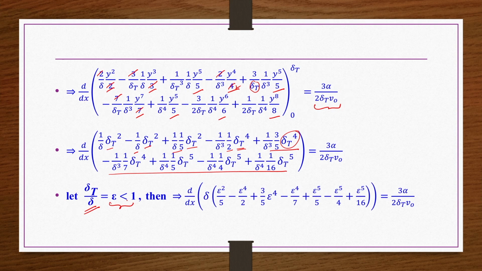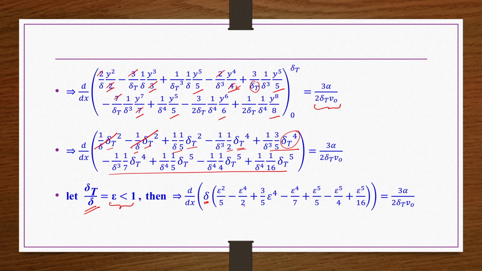to epsilon which is less than 1, that is for the Prandtl numbers are very large, high Prandtl number flows where the boundary layer thicknesses are thinner and especially the thermal boundary layer thickness is smaller compared to the momentum boundary layer thickness. That case we are taking. So, then here d by dx and from all the terms we are taking delta common. So, this term and this term are same with plus and minus sign. So, then that is 0.